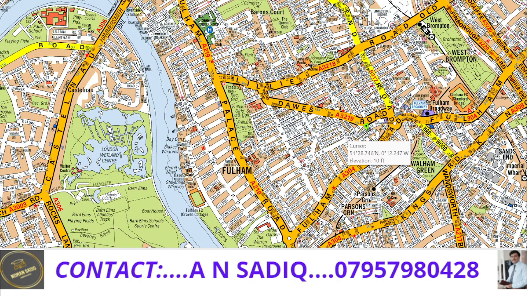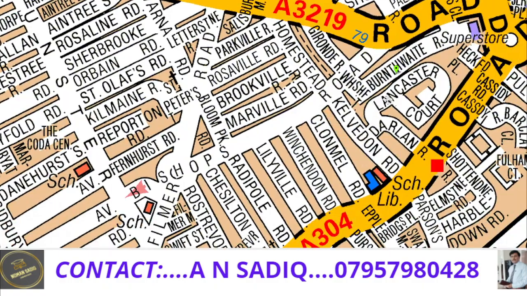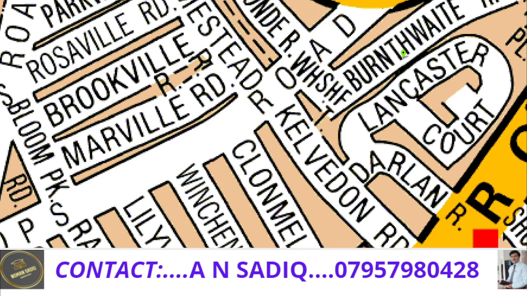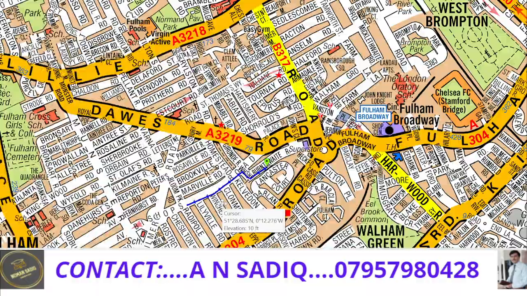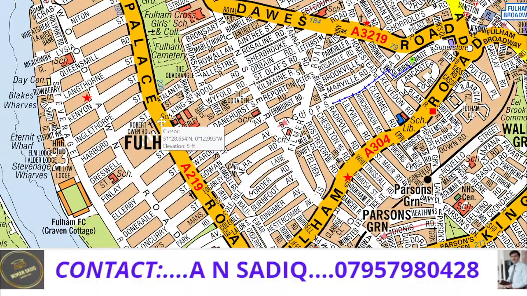Sorry for this message. I will start it again. I will zoom in like this. I will make it maximum bigger as it is a small street. So I will draw like this. I will keep my route towards the left hand side of the road and I will go like this, and keep my route towards the left hand side of the road. And where I have to go, I have to approach